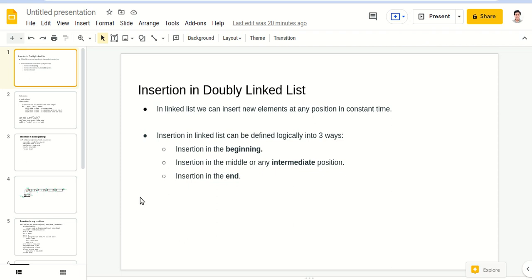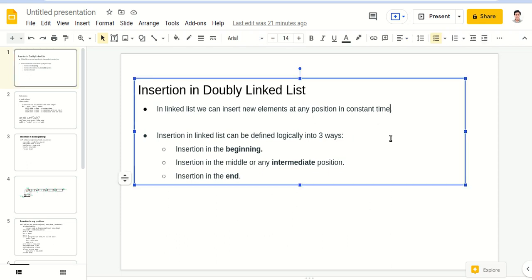Today we will do insertion in doubly linked list. You know that in the linked list, whether it's singly or doubly or circularly, whatever it is, we can do insertion, even deletion also, of any element at any position in constant time.